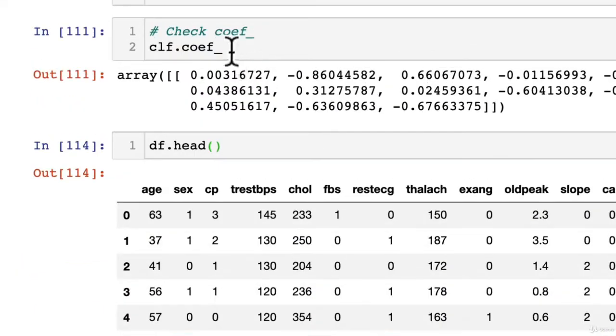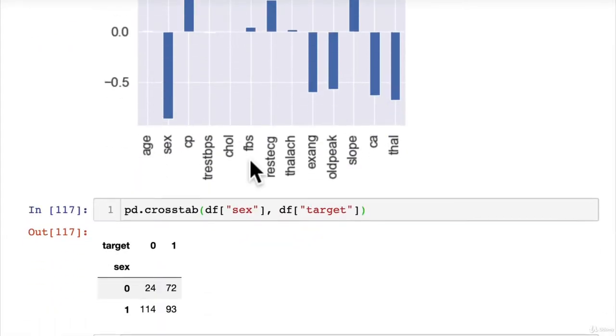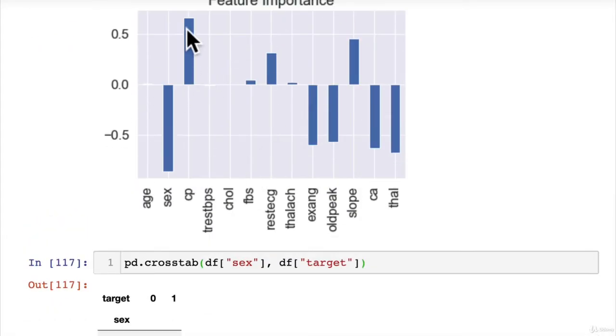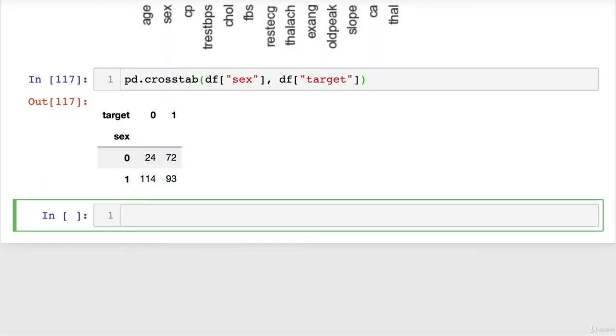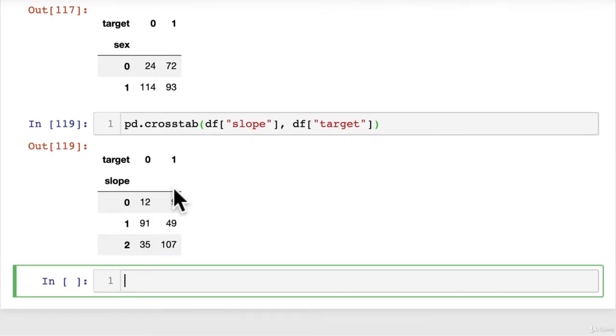We're using coef up here, the coef attribute. Now, let's have a look at a positive one. CP, or maybe slope, because we've already explored CP before. So let's do that, pd.crosstab. I'm not actually sure what slope is, so we might have to revisit our data dictionary. And again, this is model-driven exploratory data analysis here, right? We're trying to figure out what's going on using the results from our model and seeing if what our model's